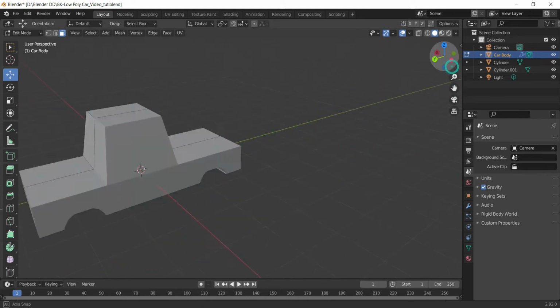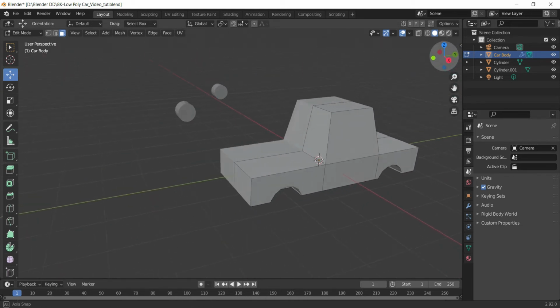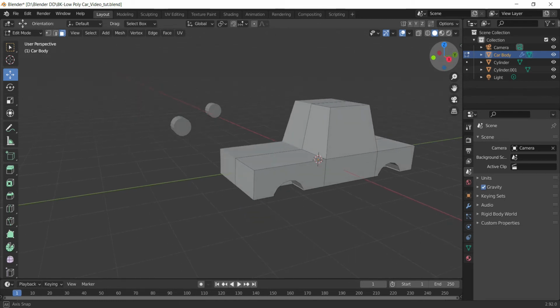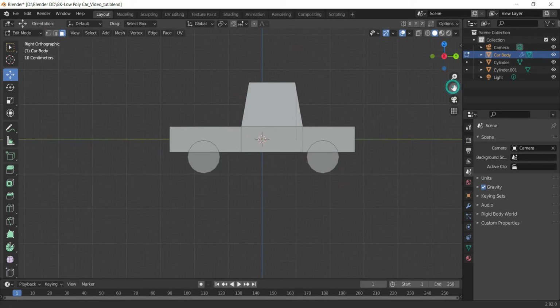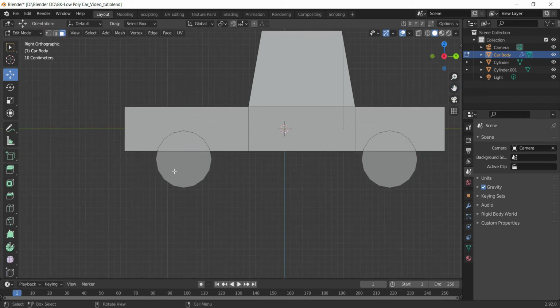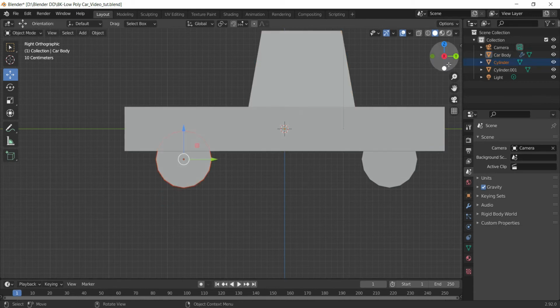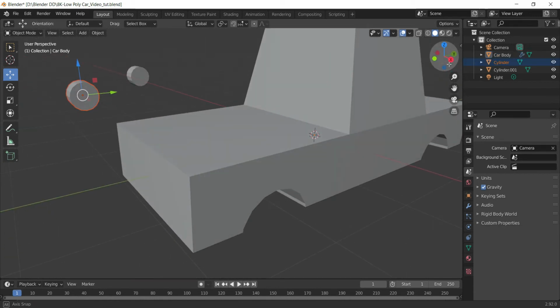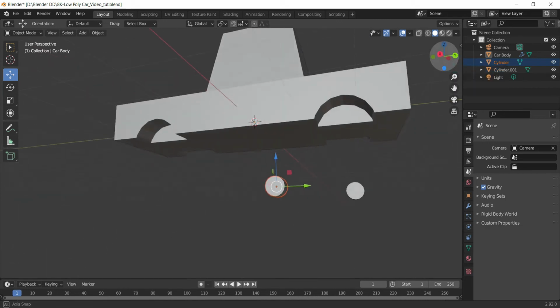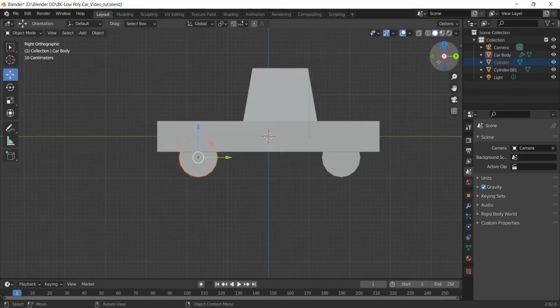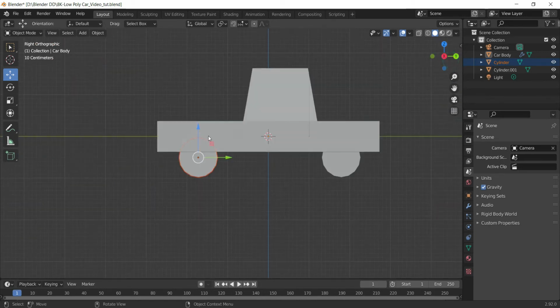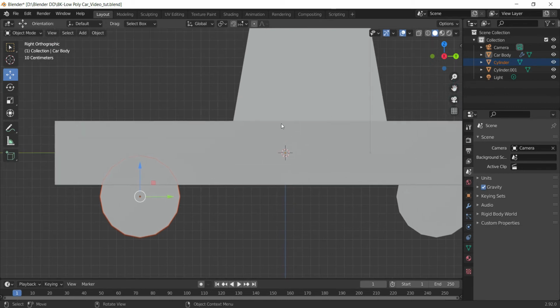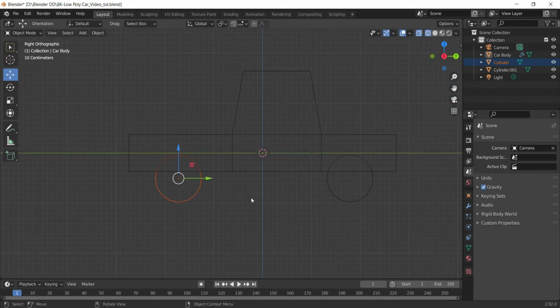So next thing which I want to do here is that I will be creating the tire. So for the tire, let's come to the right orthographic view first. And what we can do is we can use that exact same shape, the cylindrical shape, which we have used to create these grooves. If you have deleted that, then I would request you to create a new cylinder and then you need to adjust manually here. Ideal choice is to come to the orthographic view or into the wireframe view so that you can make the precise placement.